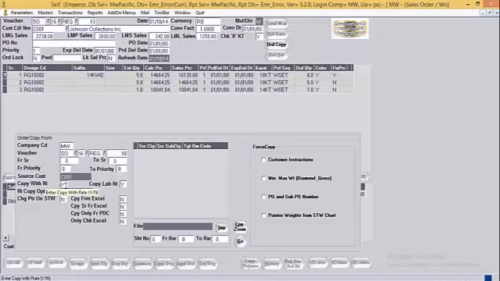Then the copy with rate yes or no. As we can see over here, the target customer, that is C001, is same as the source customer C001. So by default system will get the copy with rate option as yes. Next, system asks for the combination of the RM category. These are the RM categories for which the rates need to be copied from the source. If user needs to get the rate from the latest rate chart, then he should set this field as no.